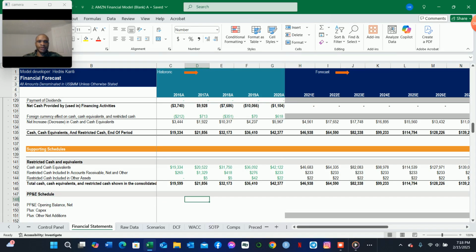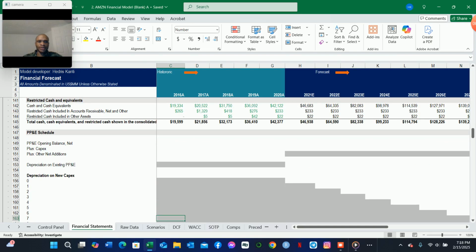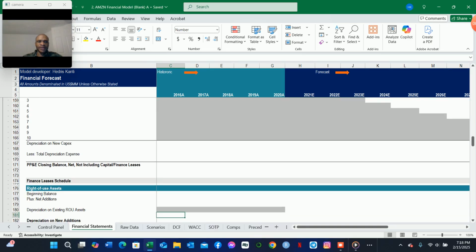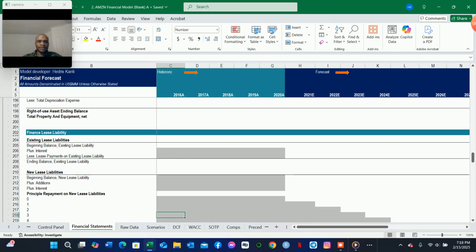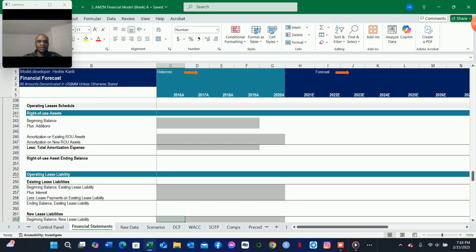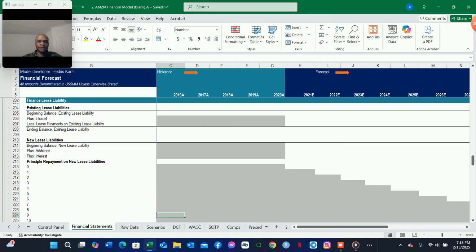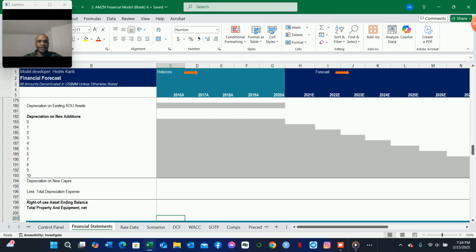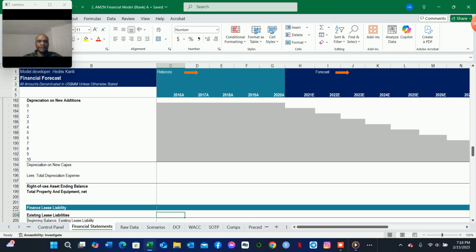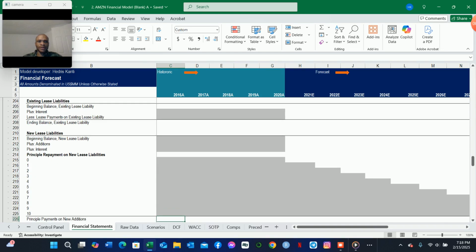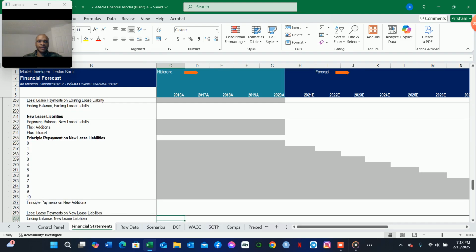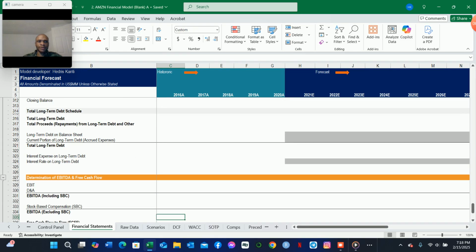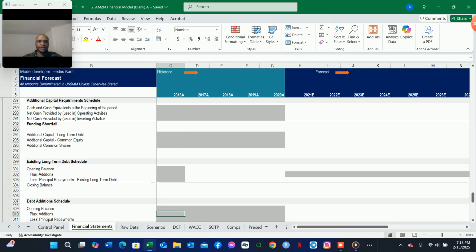So now we need to account for the supporting schedules for the property, plant, and equipment, the finance lease, and the operating lease. So we have all of those to account for. For the finance leases, we have the right of use assets for finance leases and a finance lease liability. For the operating leases, we also have the right of use assets for operating leases and the operating lease liabilities. And also, we have a schedule for